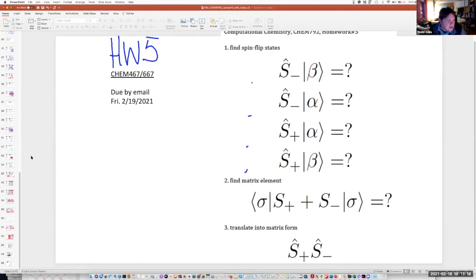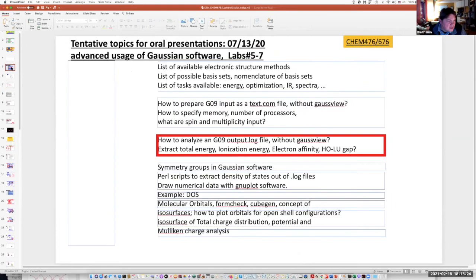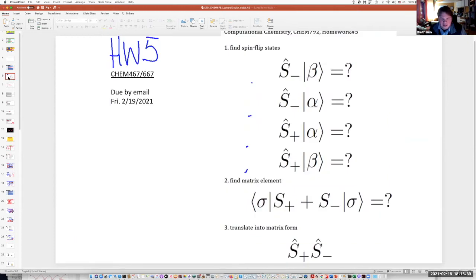Next time when we meet on Friday, maybe we will make a sign-up list for the thing, and we will know the majority of the subjects. But right now let's skip it. So here is the homework, and during today's meeting I will explain the meaning of each of these symbols,